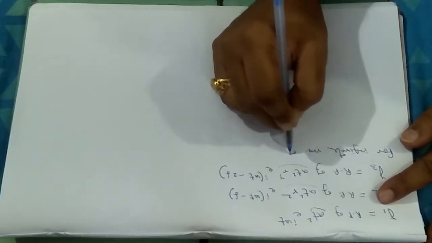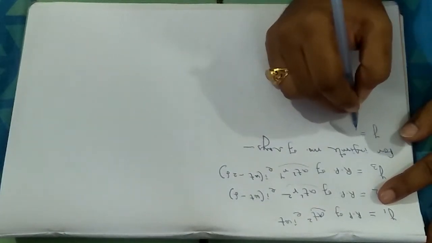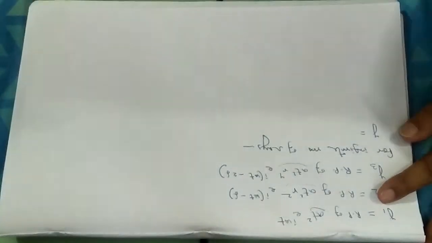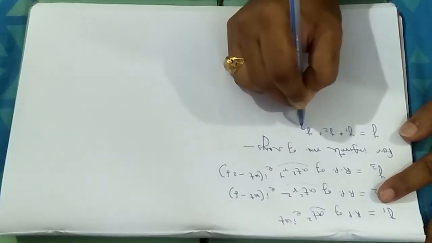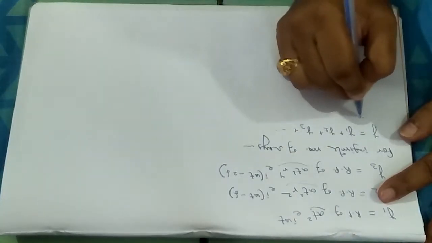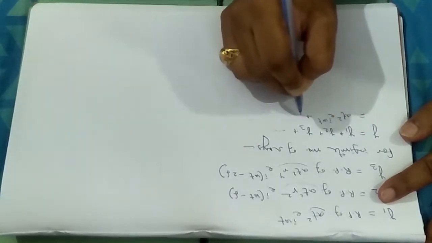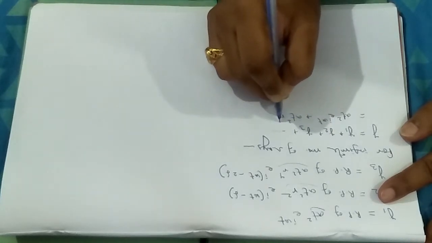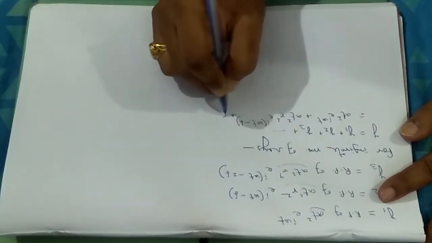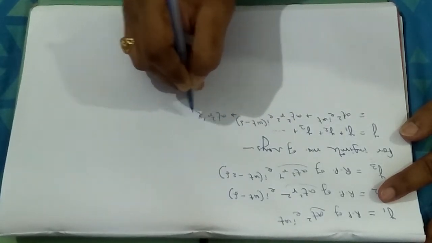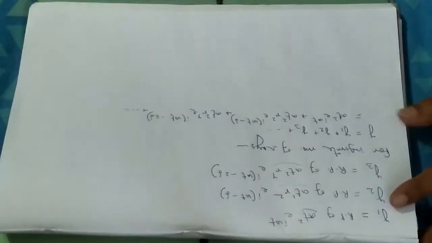For an infinite number of rays superposing, the resultant displacement or disturbance at the point of superposition will be equal to y1 plus y2 plus y3 plus dot dot dot etc. So I can write it as A T square e to the power i omega t plus A T square R square e to the power i omega t minus delta plus A T square R to the power 4 e to the power i omega t minus 2 delta plus dot dot dot etc.